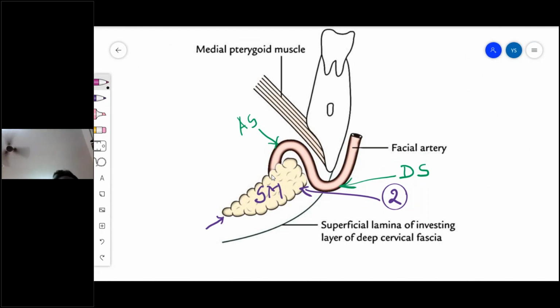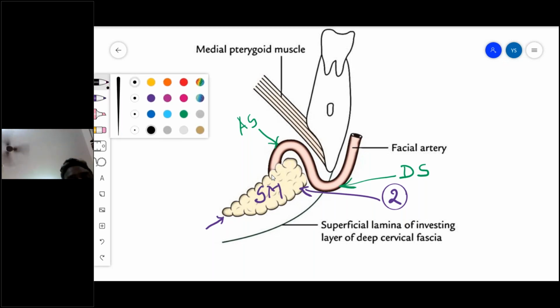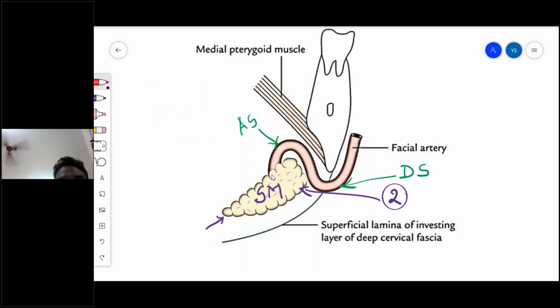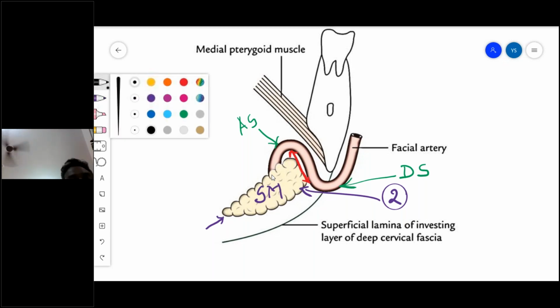If you look at this picture, we can see lateral surface. I locate the lateral surface with the green color, otherwise not green color. I use red color for the lateral surface. I'm drawing the lateral surface. Can you see the red color line? That is the lateral surface. Now tell me, the lateral surface is related to three structures here.